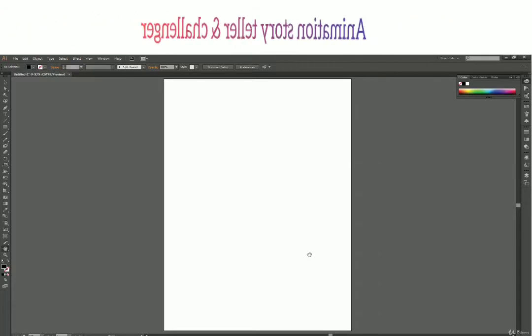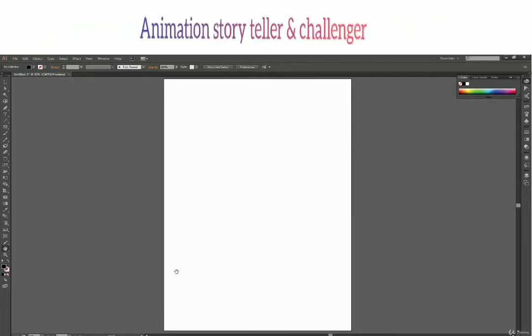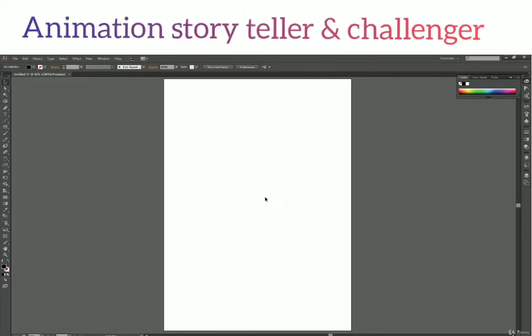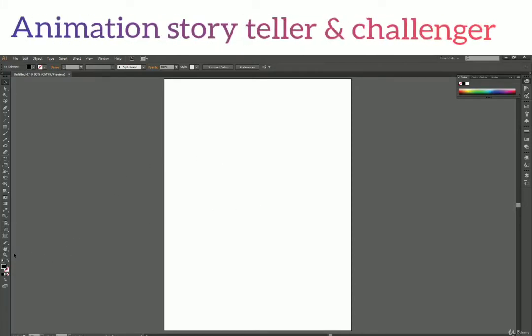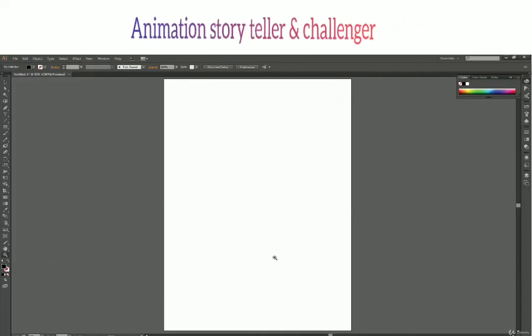Now we will see what all ways we have for navigation and zooming by the end of the video, or by the end of these two tools itself. And this is with the hand tool. So now let's see the zoom tool. Below the hand tool we have the zoom tool. We also have a shortcut key for this. Either I can click on the zoom tool icon, or I can press Z on my keyboard. Both select the zoom tool.